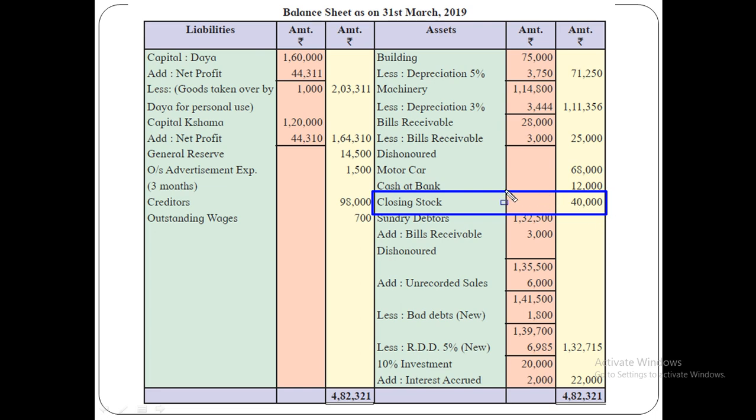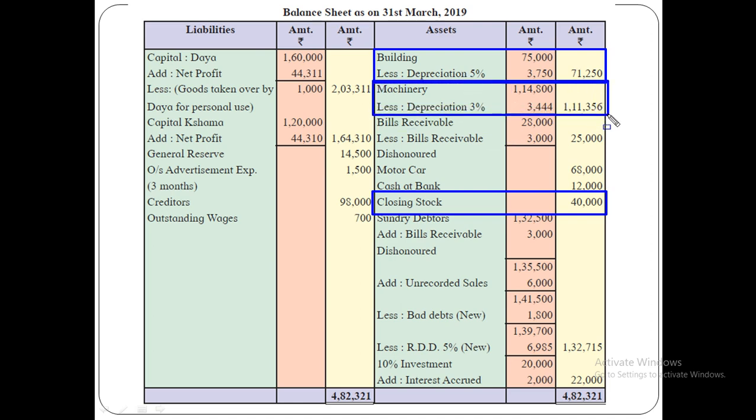Next is depreciate building and machinery. For that we already saw that building we already wrote in the inner column. Then depreciate 5% of 75,000, and we already saw how to write this into the profit and loss. The second effect, the first effect is deduction from the original figure, and this depreciated amount is shown in profit and loss account. Similar to the machinery, here it is like this.